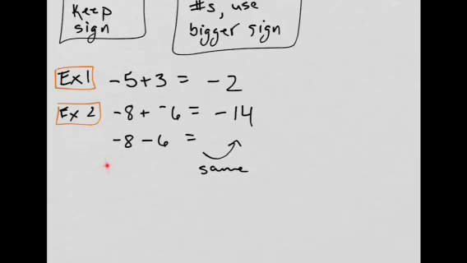So then you would say, are these the same sign? You would consider the subtraction a negative, so the 6 is negative, the 8 is negative. Yes, they're the same sign. This plus right here just got changed by this -6. Just know that these two are the same thing. If you see this and you like writing it like this, you can write it like that. If you see this and you like writing it this way, you can write it that way. I used to have students that